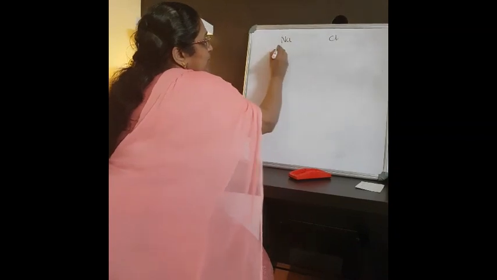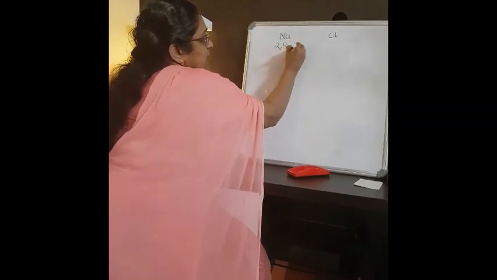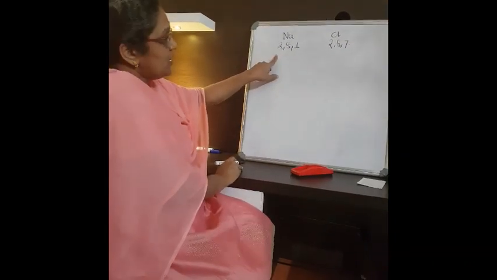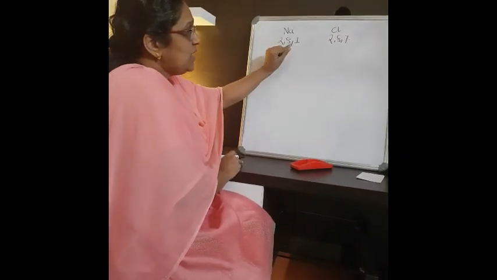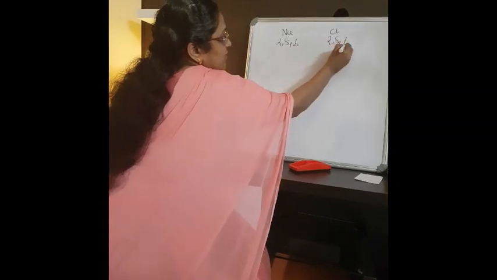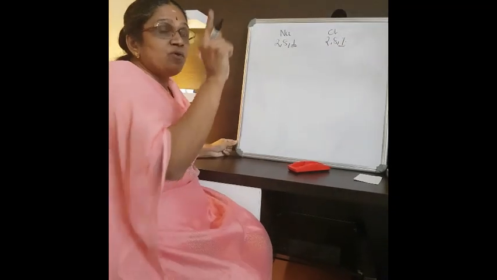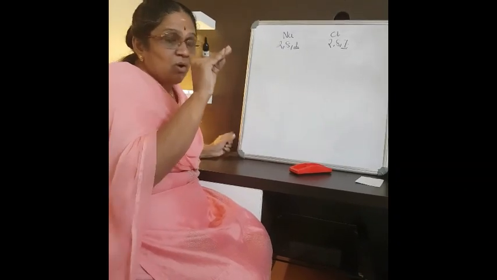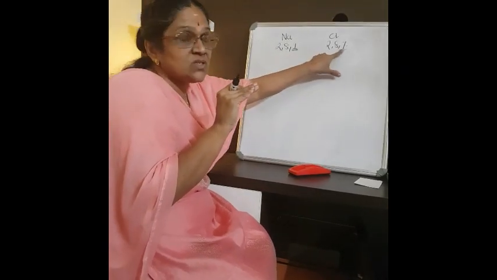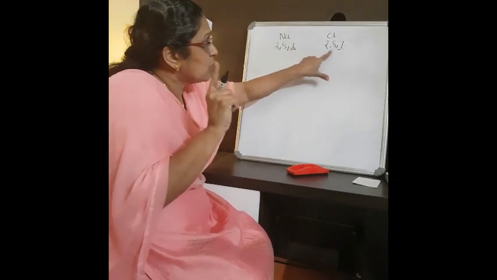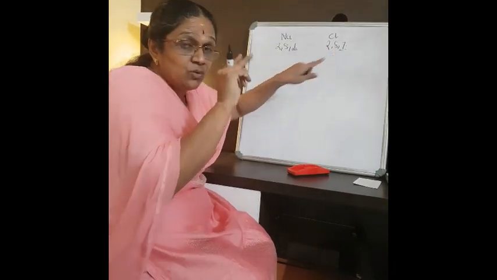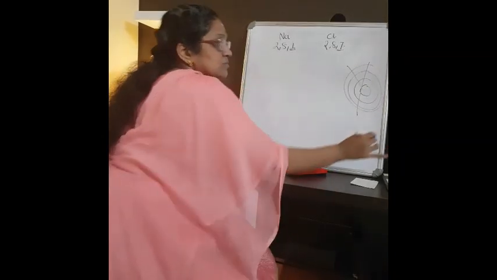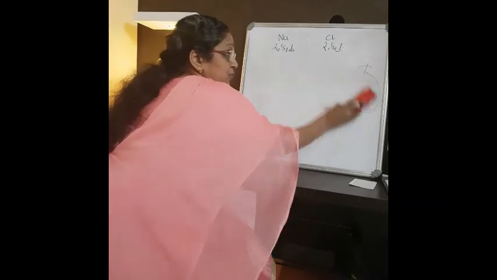So first you will talk about the electronic configuration 2, 8, 1 and 2, 8, 7. Now listen, you have to draw only the valence electrons. Very, very important. Don't draw all the Bohr model atom. No, you just draw only the valence electrons. Sodium, you just draw 1 electron. Chlorine, you just draw 7 electrons. Don't draw the Bohr model as K, L, M, L. No. It will make you confused.